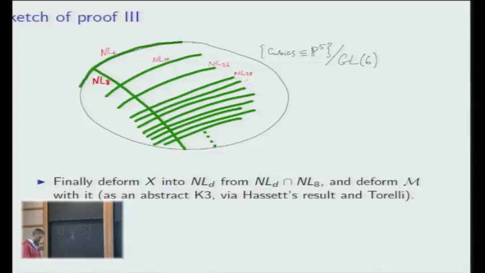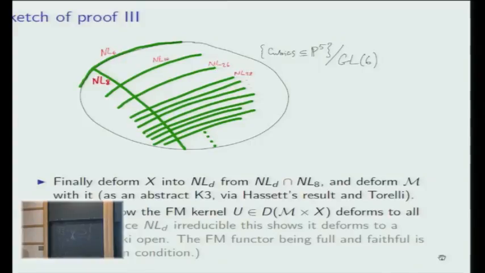We take its orthogonal. We get some abstract Hodge structure by Torelli and Hassett's result. It is the cohomology of a K3, and so everything works fine. Okay, so we can actually deform the K3 surface M with it. And the hard bit, all the work in the paper goes into showing that the Fourier-Mukai kernel deforms with it. Okay, so we've managed to produce the right X with the right class, the right equivalence, the right K3 surface,